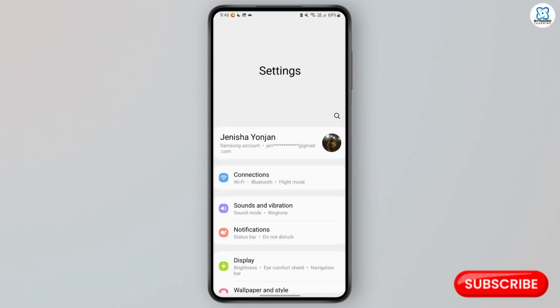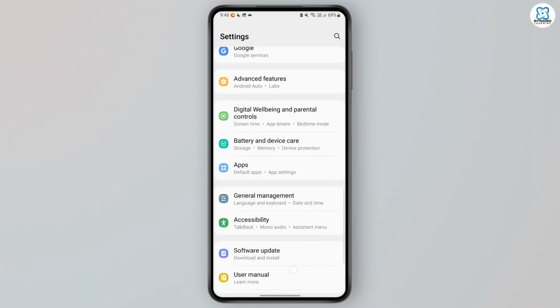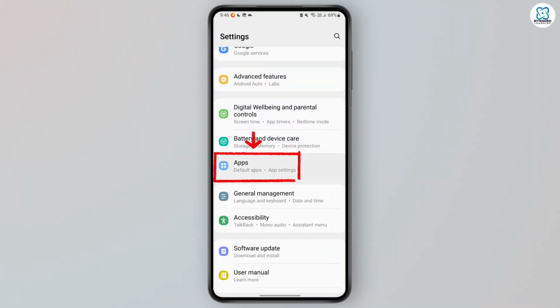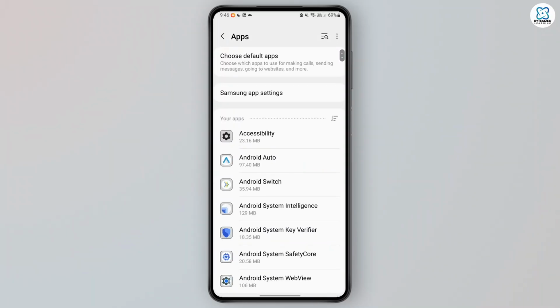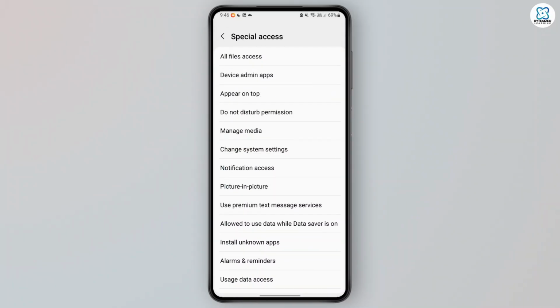Once you access your settings app on your Android device, you can scroll down and go to the apps section and tap on it. Once you tap on apps, you can look out for special access, which is in the three dots. By tapping on the three dots in the top right and selecting the option of special access from the given menu. Once you access the special access option from the given options, you just need to scroll down